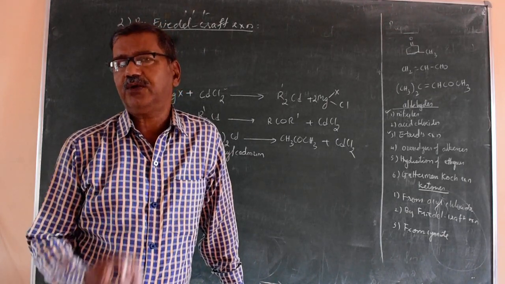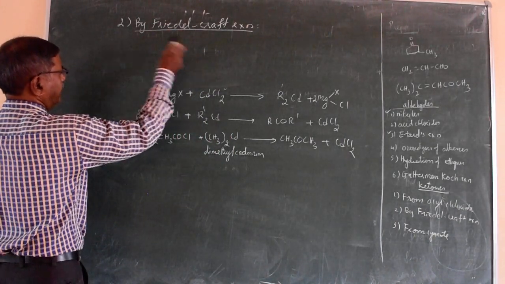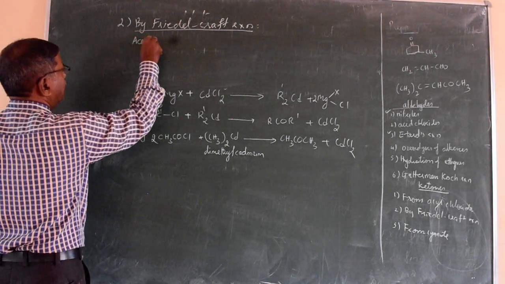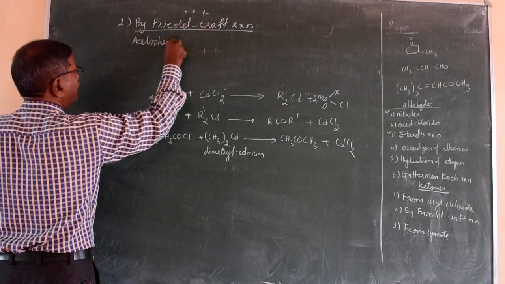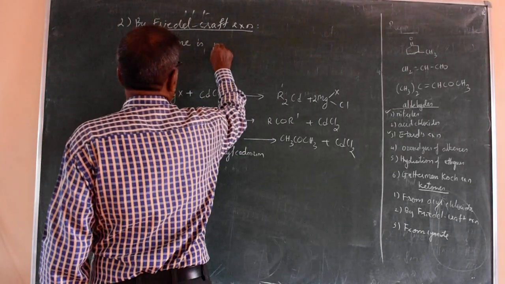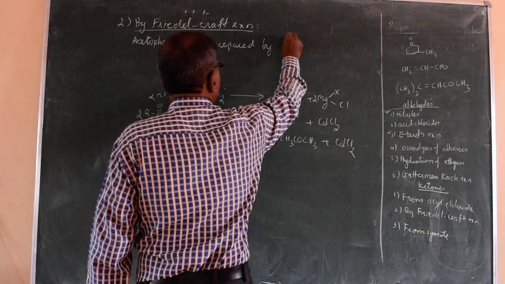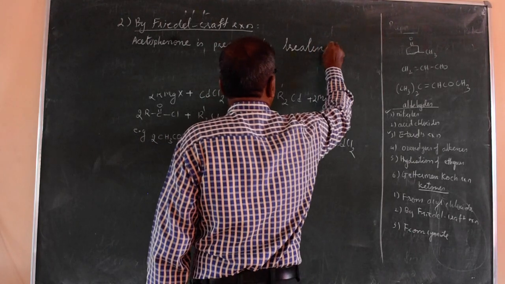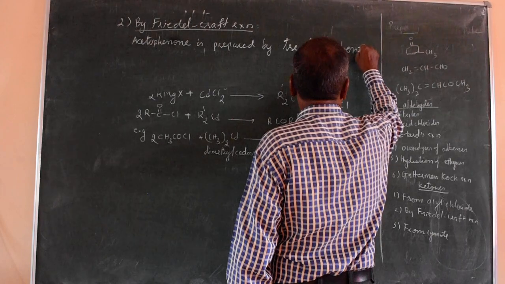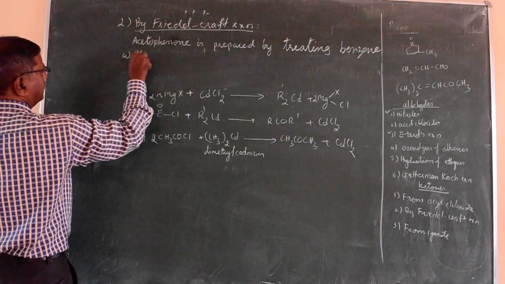So to get the ketone, you have to use acid chloride. Well, example I am writing directly. Acetophenone is prepared by treating benzene with acetyl chloride